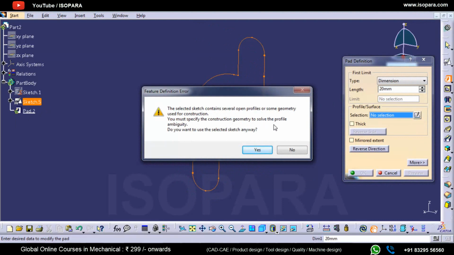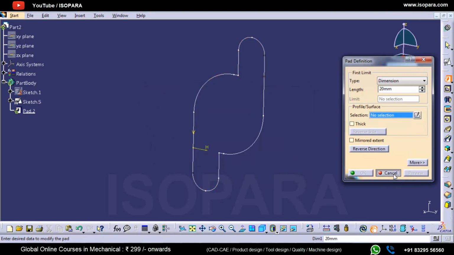Some geometries might not be linked with the sketch, so as CATIA says, you must specify that as construction, and also try to close your open profile. So two issues we have found here.